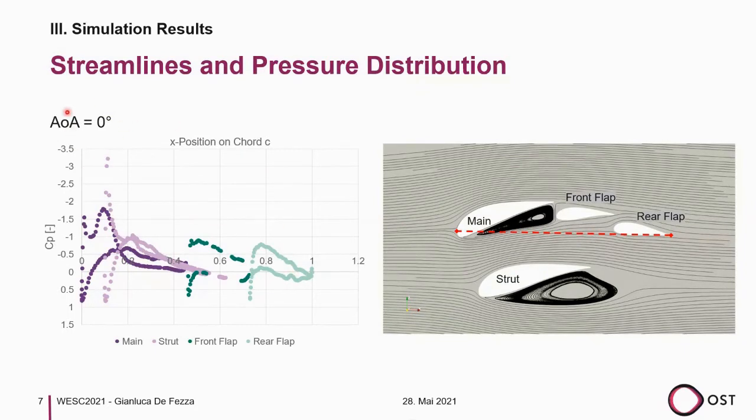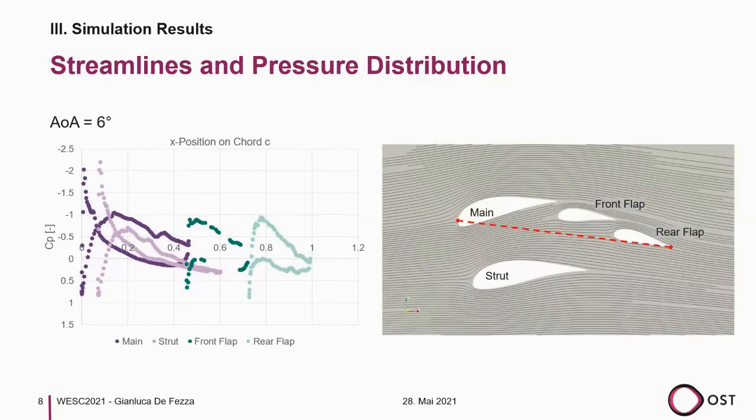Here at the angle of attack, we really see that we had a lot of flow separation in the main and the strut. We also recognize that in the pressure distribution, although the flaps look more or less okay, it isn't usable to work with such an angle of attack according to the pressure distribution. When we increase the angle of attack to 6 degrees,